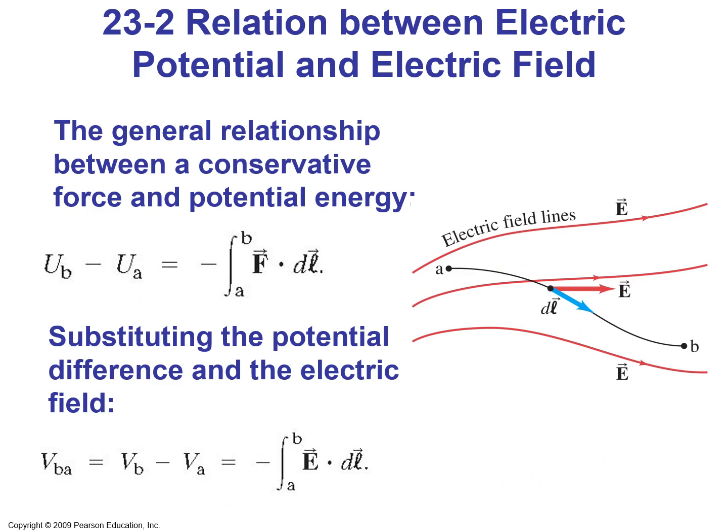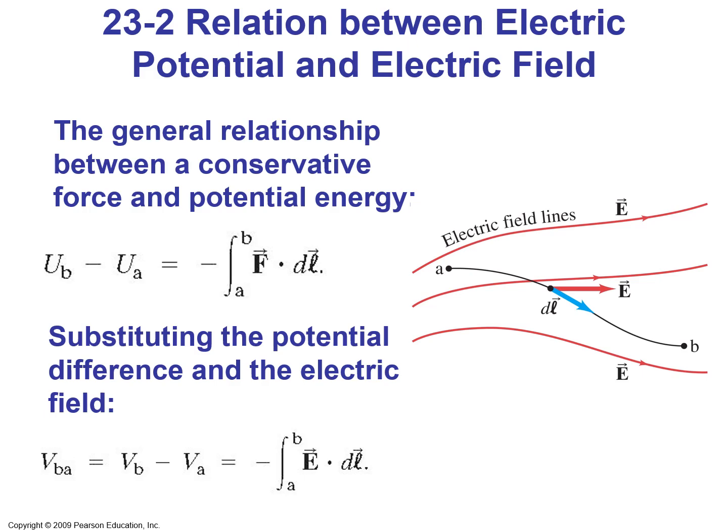The general relationship between a conservative force and potential energy is described as U_B minus U_A, the electric potential energy at point B minus the energy at point A, is equal to minus the integral from A to B of the force F dotted with dl, which is the displacement from point A to point B. This is shown in the figure on the right, where the red lines are the electric field lines E, and we're moving from point A to point B. At each spot we have a displacement vector dl, which is dotted with the electric field vector, and we integrate from point A